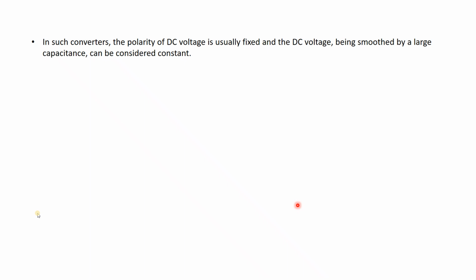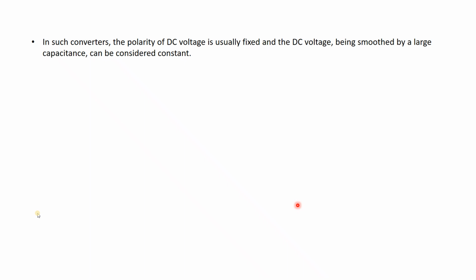So the DC voltage polarity is fixed because with the help of the IGBTs, since they can be turned on and turned off, this overlapping problem is also not there. The overlapping problem of the LCC 6 pulse and 12 pulse existed, because we have seen that the overlapping angle mu equals 180 degrees minus alpha minus gamma. In this case the overlapping can be minimized because the turn off action is there, so we get a fixed polarity for the DC voltage.